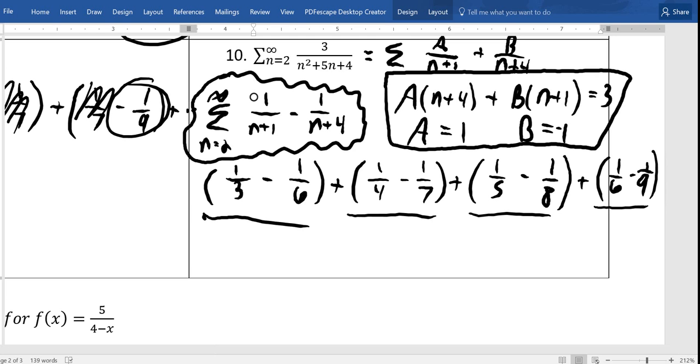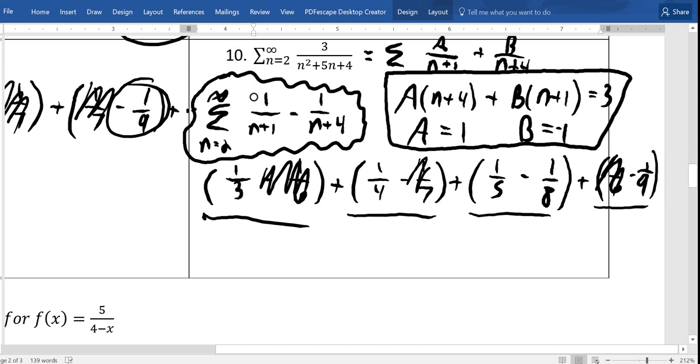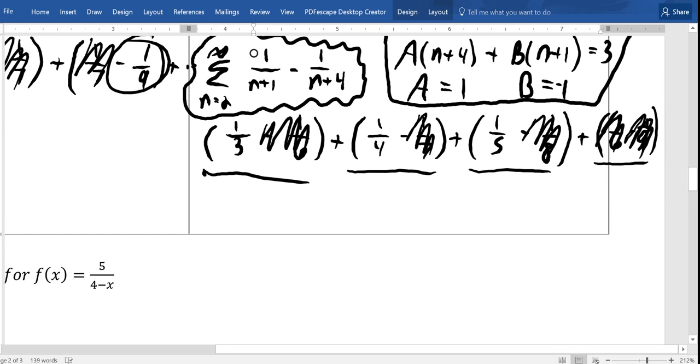So what's going to happen is this minus 1/6 is going to cancel with this plus 1/6. And although we don't see it happening, this minus 1/7 is going to cancel eventually, the minus 1/8 is going to cancel eventually, and the minus 1/9 is going to cancel eventually. And you'll be left with some terms at the end there whenever you stop, but they're going to 0. So we say the infinite sum adds up to a third